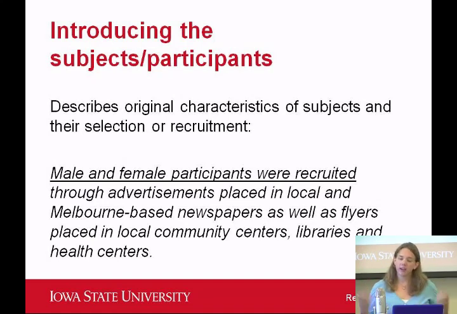So when thinking about this step, you want to think about all the information that you need to describe the pre-experimental characteristics, the original characteristics, qualities, properties, origins, numbers, compositions, construction, so that the readers understand how you came to have these particular subjects or participants and what characteristics really describe them best. You also want to explain, if necessary, how those participants or subjects were recruited, if they were humans, for example,